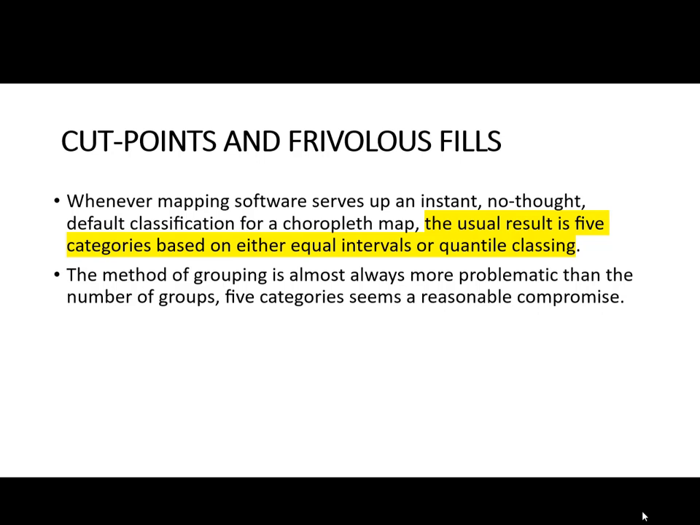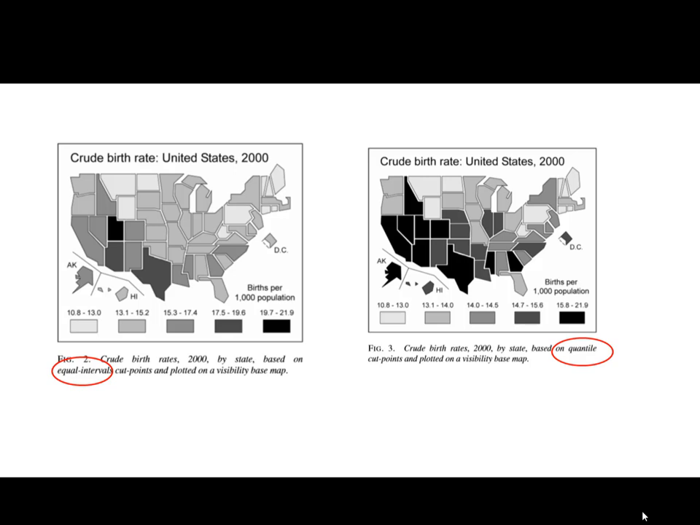The usual result is 5 categories based on either equal intervals or a quantile classing, meaning that the previous map could be presented again with different categories. As you can see, the one we saw before is to the left side based on equal intervals. But if we change the intervals using quantile cut points, we get a different